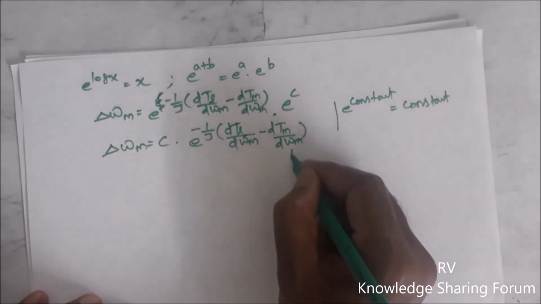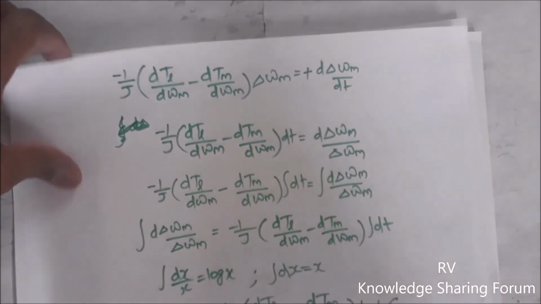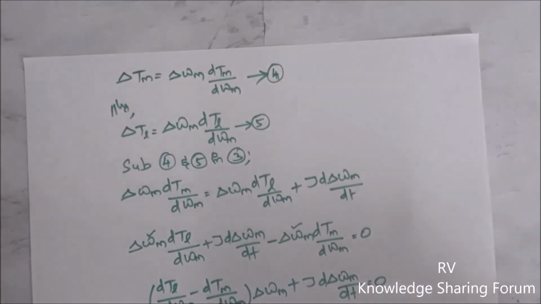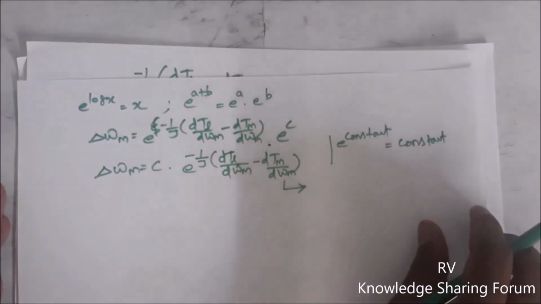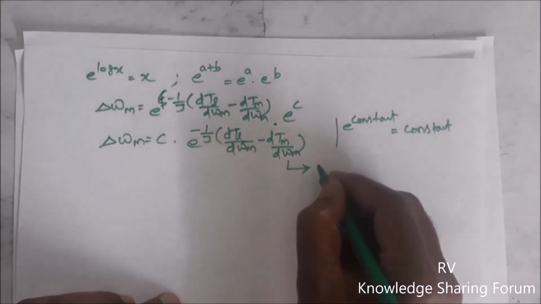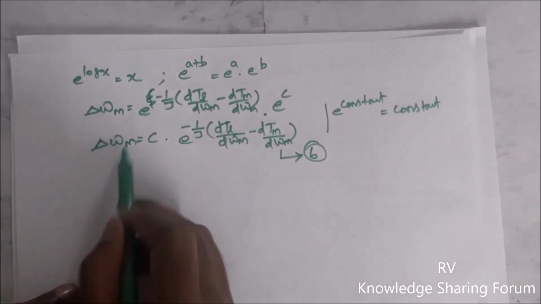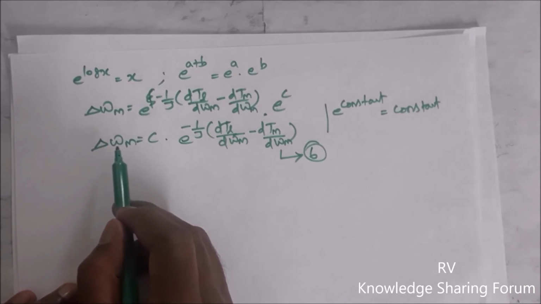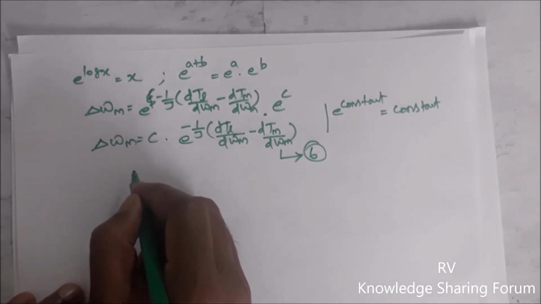Let us number this equation. The last equation which we numbered was 5, so this will become equation number 6. This is our change in speed equation which we are ultimately trying to find out in this session. But I want to find out this equation for the initial condition at time t equal to 0 also, using the initial conditions value.